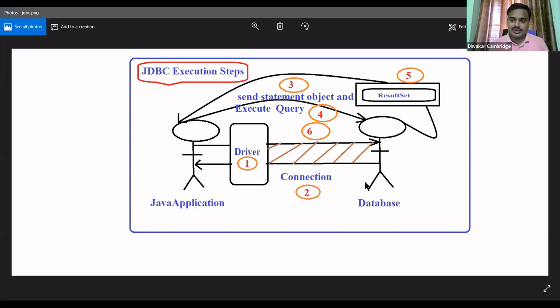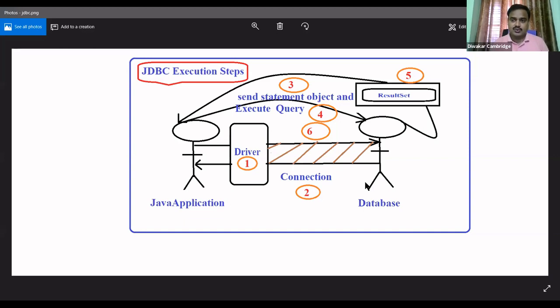After executing the query, the fifth step is to enclose the result, which means the table, in the result set object. Then you have to process that, and finally you have to close the socket connection. So these are the 6 essential steps for JDBC connection.